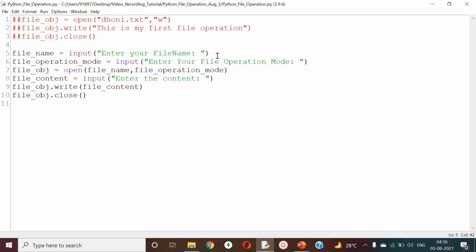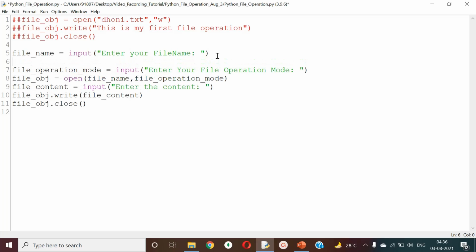So first of all, what you have to do, you have to check if file name dot ends with double quote or file name dot starts with double quote.